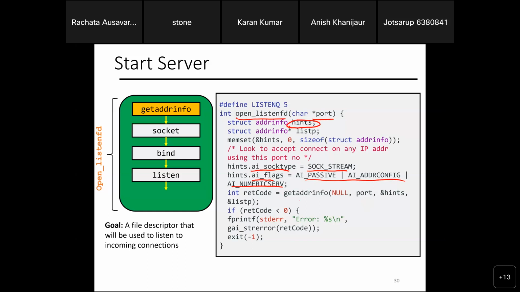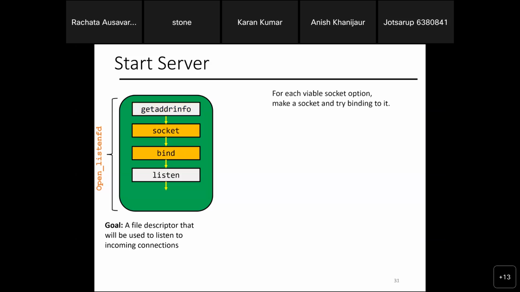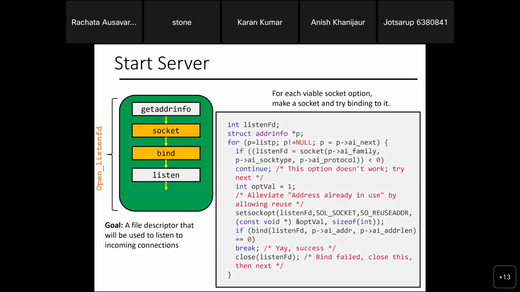So after that, we set up the address info. To get the address info, we have the port, and we have the hints already. Now we get the list of addresses that we can connect to, right? If there's no connection, we return. So we listen to the port. Now you have the listenfd, which is the listen port. For all the entries in list p that have the service open, you go through the list.